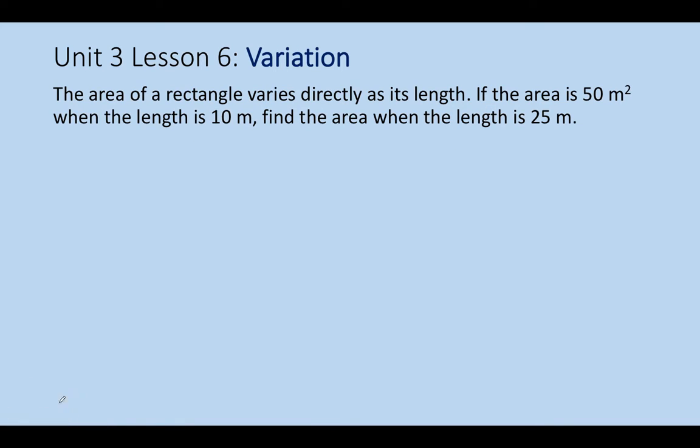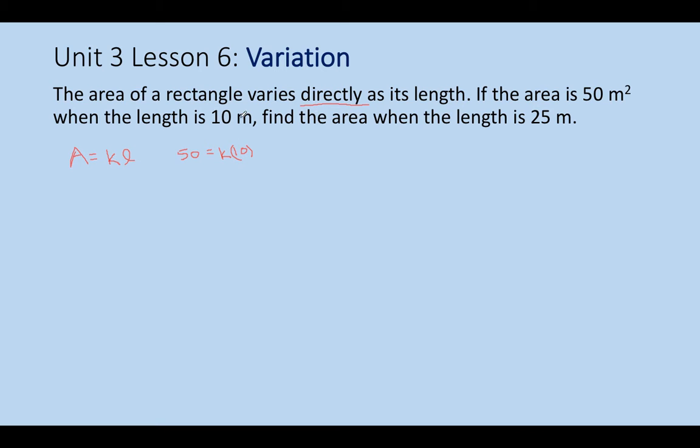The application questions work essentially in the same way. You're just going to have a little bit of context to it. So it says the area of a rectangle varies directly. So there we go. There's the keyword, varies directly as its length. And so I might even put different variables in here. Area is equal to k times the length. So instead of x and y, I've got length and area. And then it says if the area is 50 meters squared, when the length is 10,